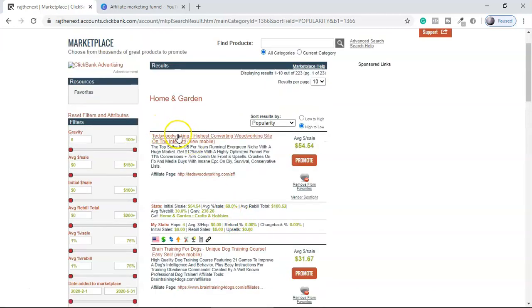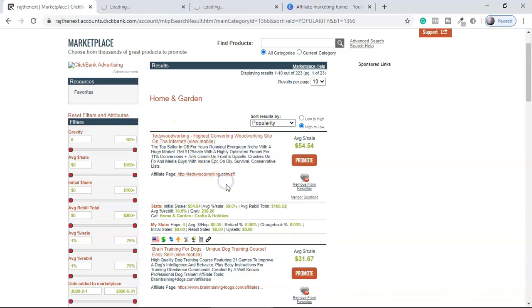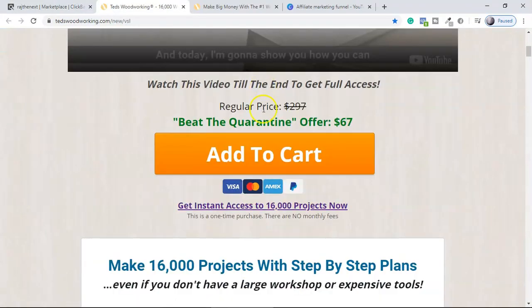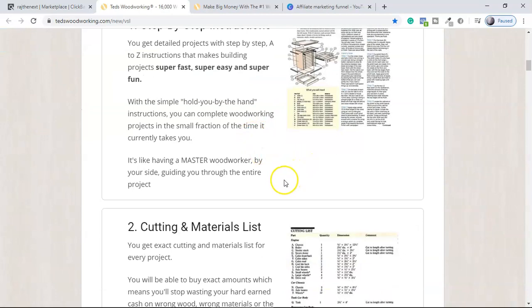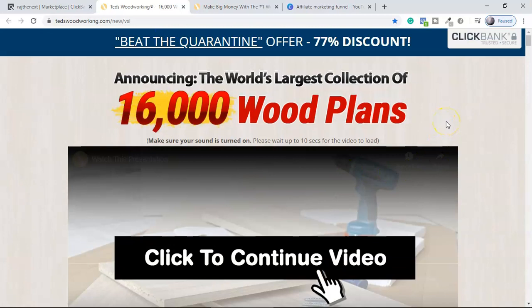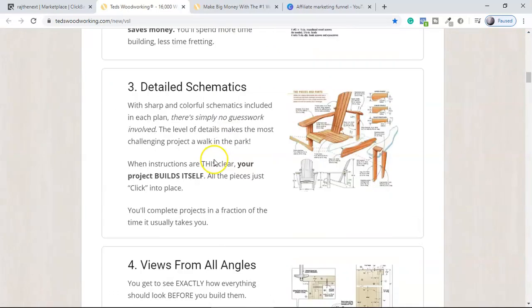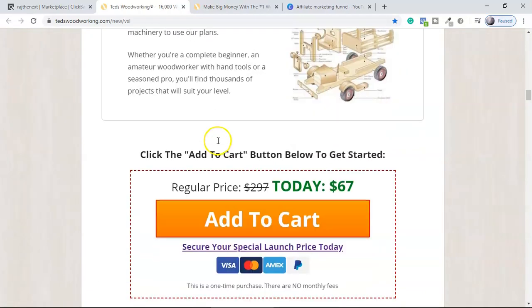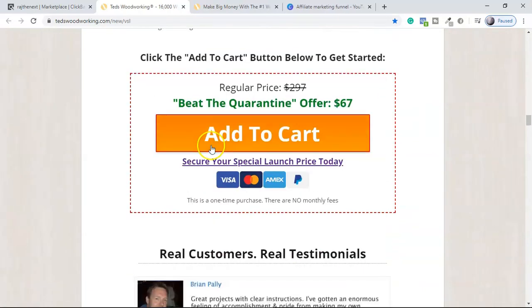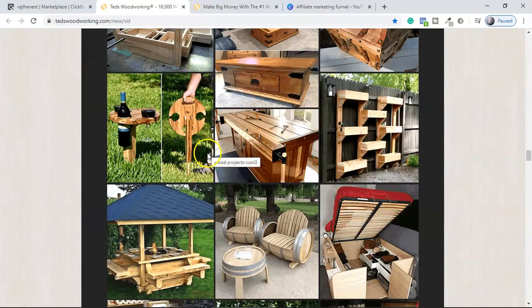So we're going to select this one, Ted's Woodworking, and let's open their sales page as well as affiliate page so that we can get some idea to create our landing page. So this is their sales page, guys. Here you can see this is a video sales letter, and a very important thing here is that all this video sales letter or the written sales letter can help you to create your landing page, because you will get a lot of ideas, all these headlines you can see here, and you can optimize all these things, guys. So spend a little time on the video sales letter as well as the written sales letter, so that you can get some good ideas which persuade people to click in your landing page.